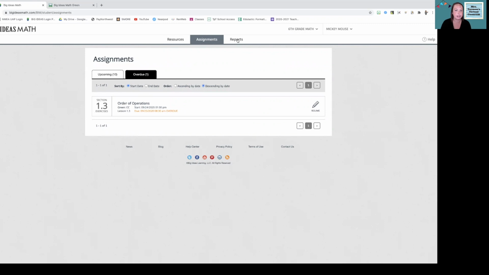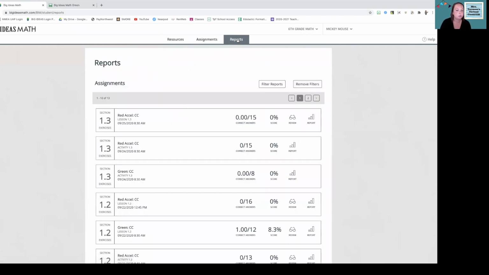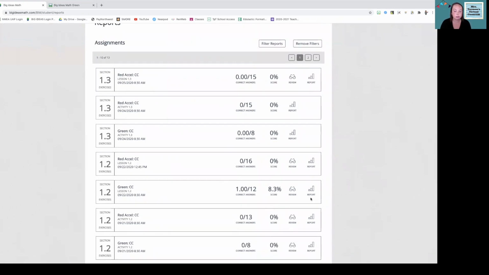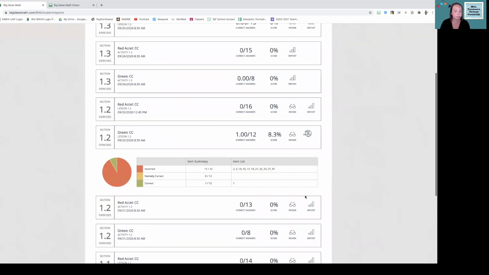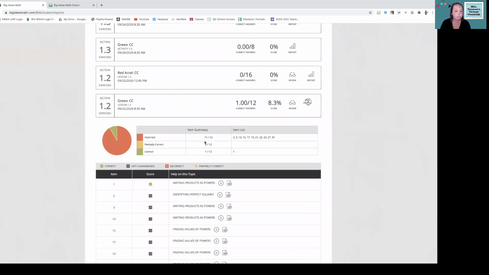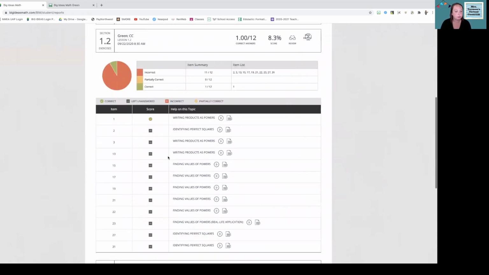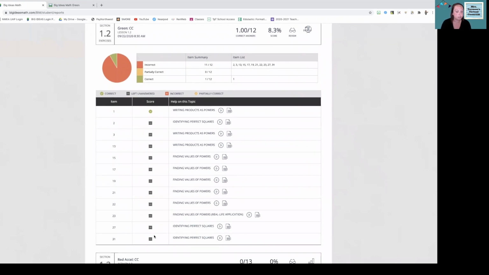Lastly, the Reports tab. This allows you to look at math assignments that have already been completed and graded. You can see by clicking on the Report button here how the student did on that particular assignment, which questions they missed, which ones they got partially correct, and which ones they got correct. It'll also allow you to take a look at each question that was on the assignment and what topic the